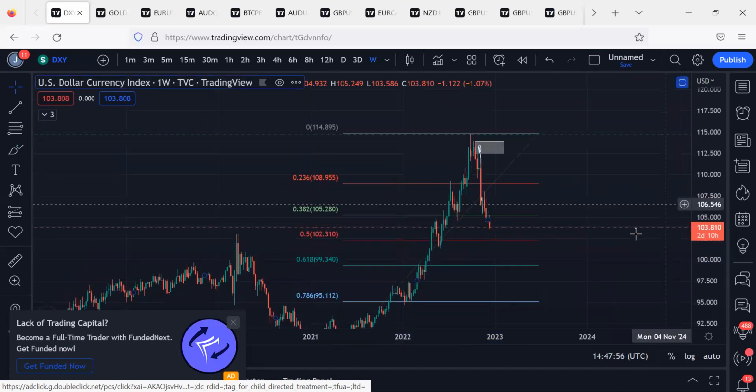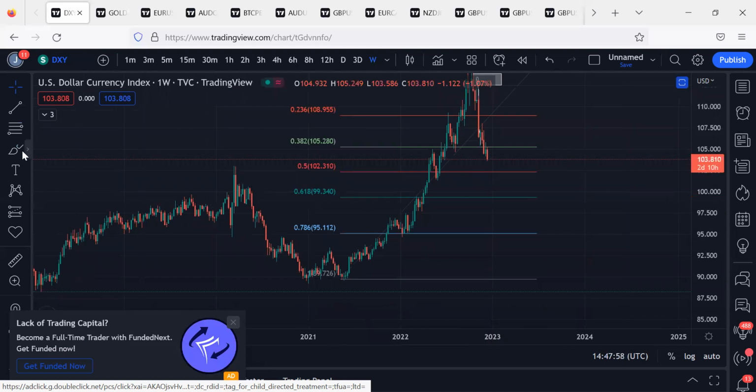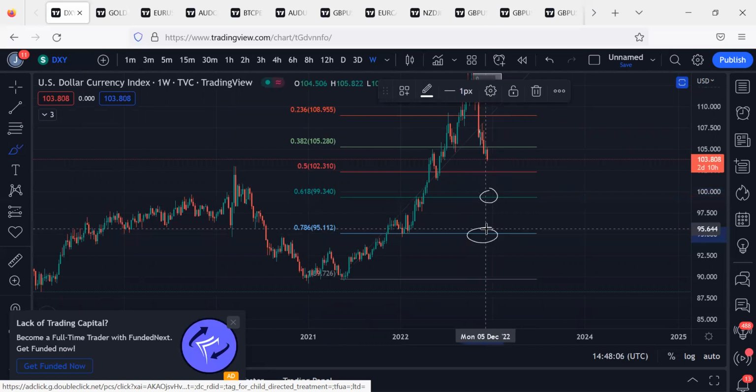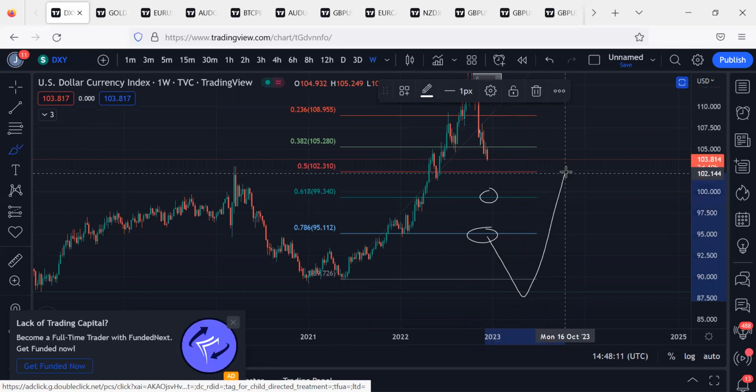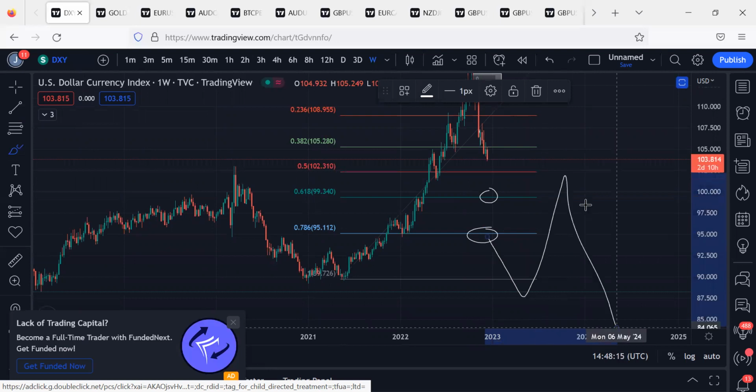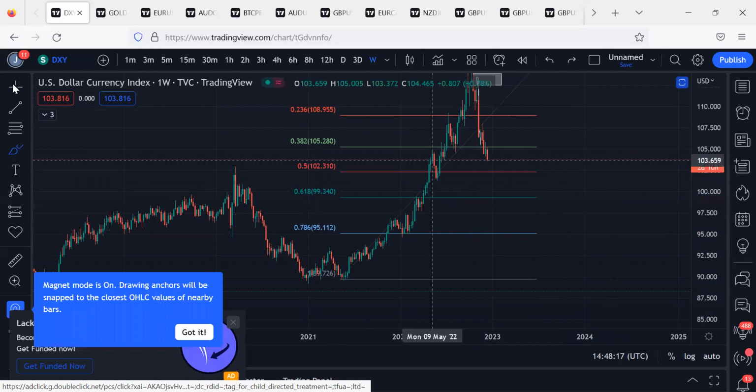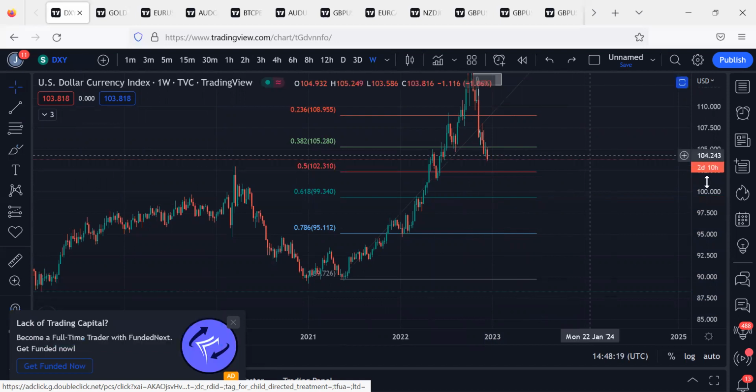Are you getting it? The only way the dollar will be in a bearish market is when we invalidate this and break below this. Then we can enter a bear market and know that this will break for us to come back to the 50% retracement or something like that, then flush down again. But for now, the dollar is still king. The dollar is just doing the normal retracement.